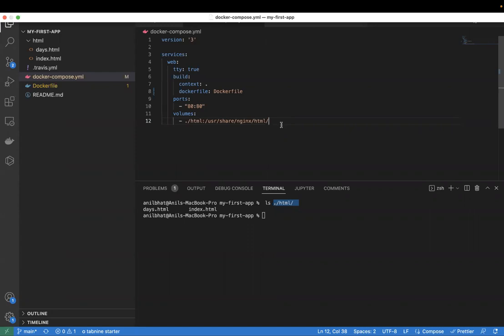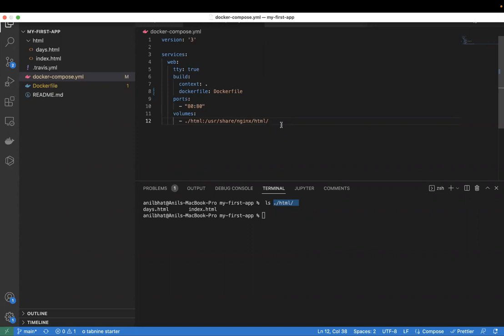And Travis has tied up with multiple vendors like Azure, Google, Docker Hub, GCP, Google Cloud machines, and many other vendors. Based upon where you want to deploy your application, you can use those specific commands.